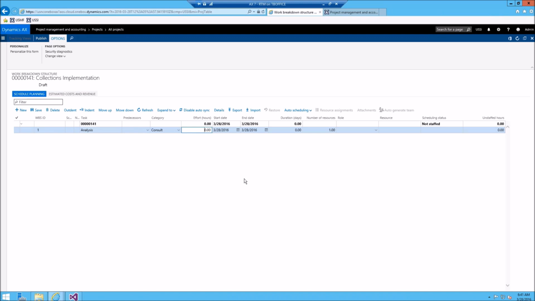We're expecting a couple days worth of analysis, so a couple days on site, so we'll say just 16 hours. And you can see when I type in that effort of 16 hours, it automatically said, all right, well, 16 hours is going to equate to 2 days, so the 28th and the 29th, and the duration is 2 days, and the number of